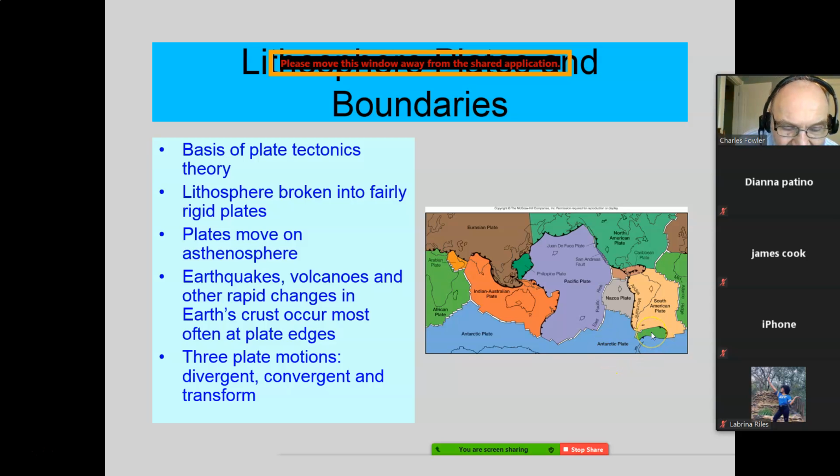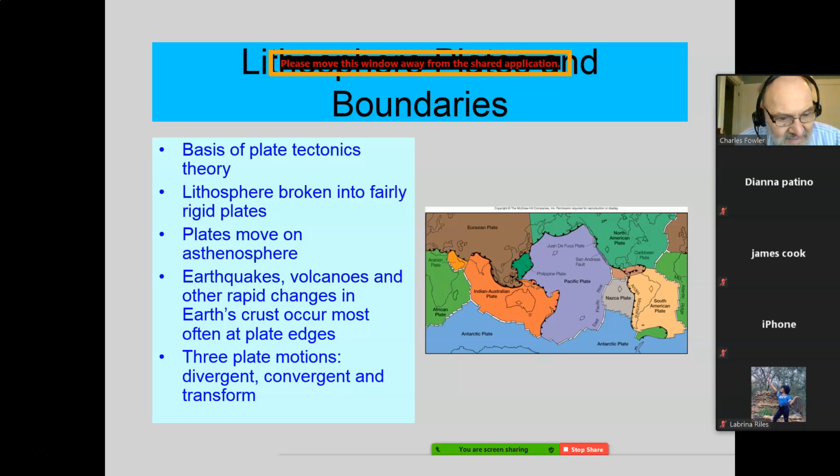There is a plate colored in down here that they do not give a name to. This one down here is the Antarctic plate, the blue one here. I understand that. What's this green one over here? There is no indication of what its name is, and it's way bigger than the Juan de Fuca plate, about the same size as the Caribbean plate. Maybe they haven't done enough studies of those either, but they have named them.